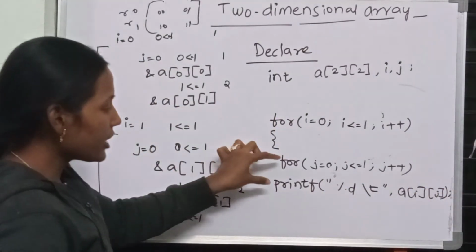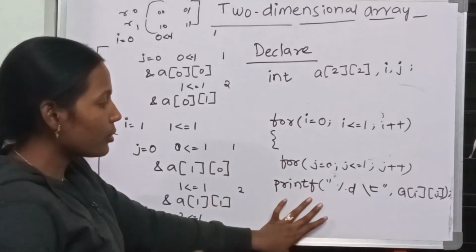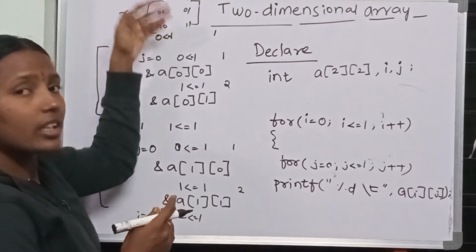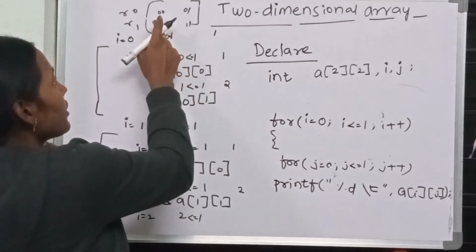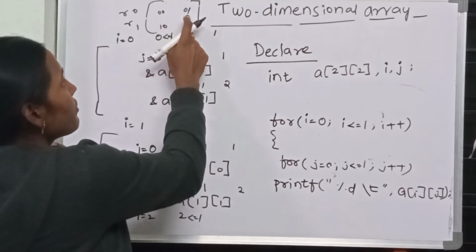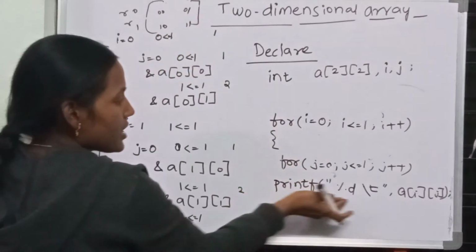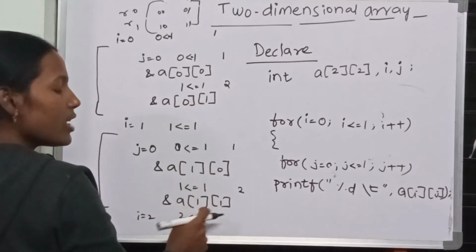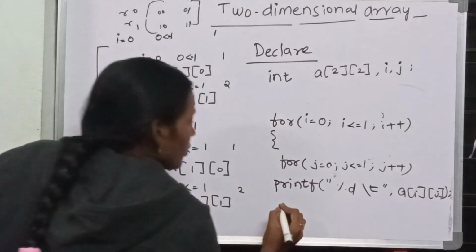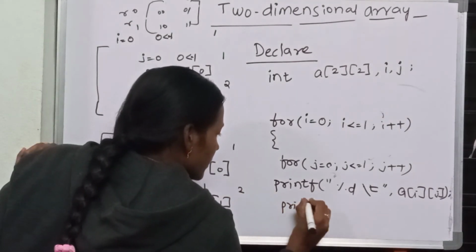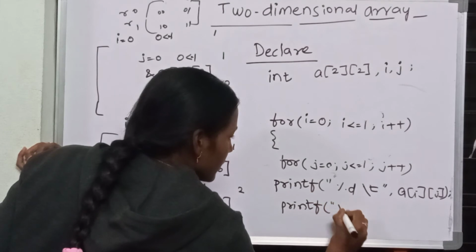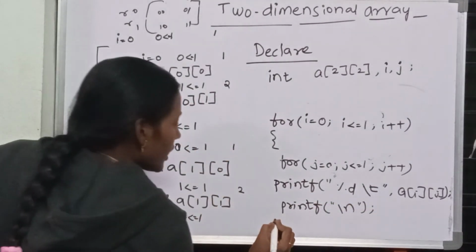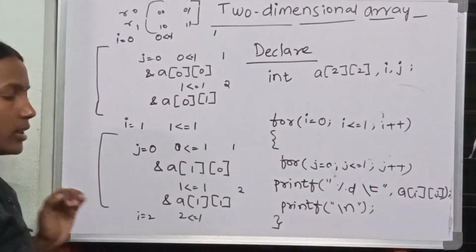Right? So for this for loop, this is over. Now as soon as you are moving to the next row, we should get the values in the next row. That means first row, column 0, 0 row, column 1, over. With this statement, 0 0 is printed, 0 1 is printed. Now we want to print 1 0 and 1 1 in a new row. So we'll get printf new line and close this. Now I'll close the function. Clear?